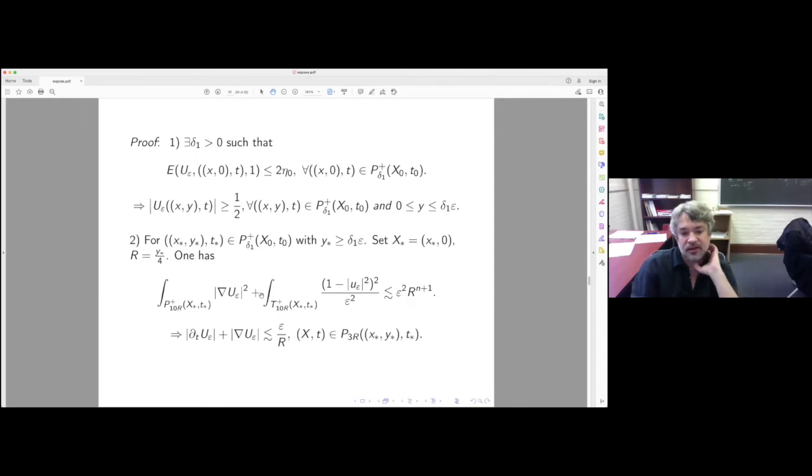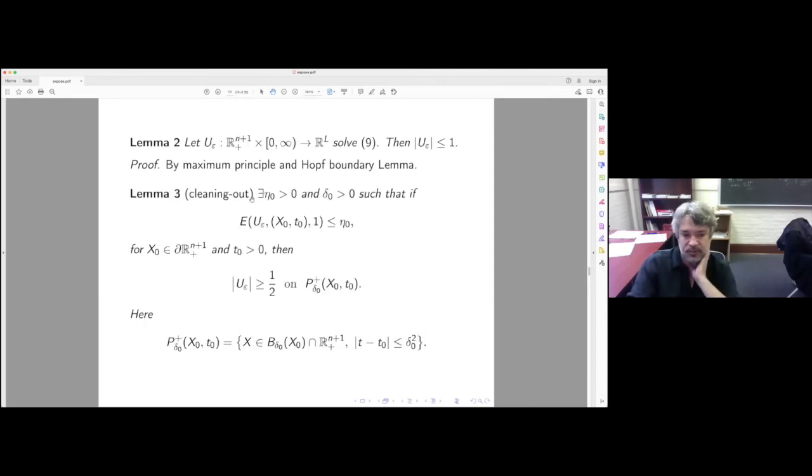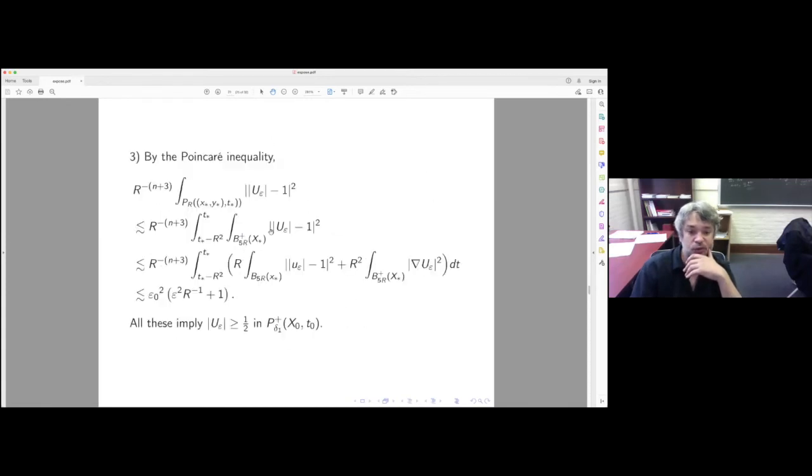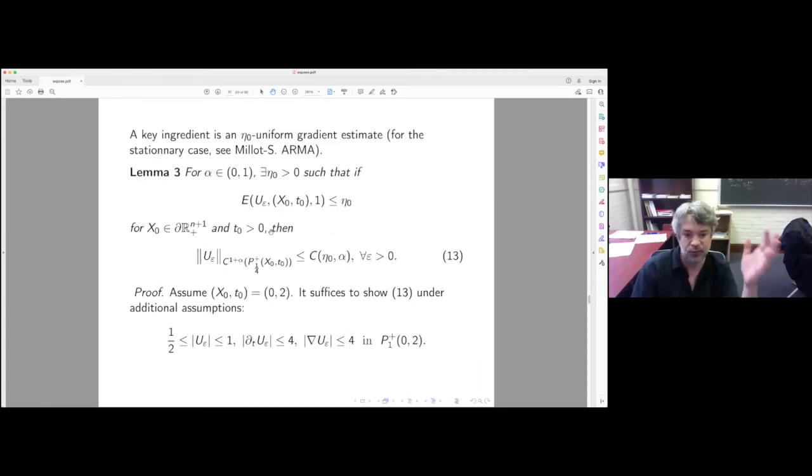Well, this type of cleaning out lemma is everywhere in this type of theory, like for harmonic map flow, Ginzburg-Landau, and so on. And this is very useful because, so this is a sketch of the proof, but this is very useful because if you have that,